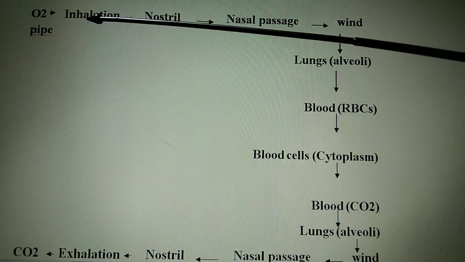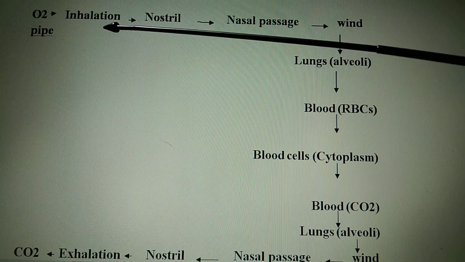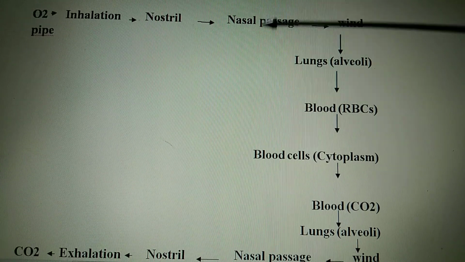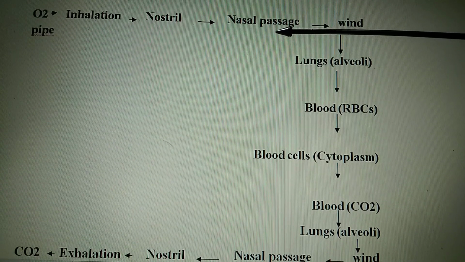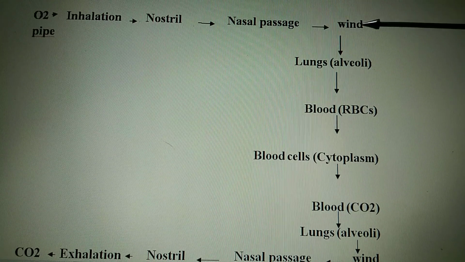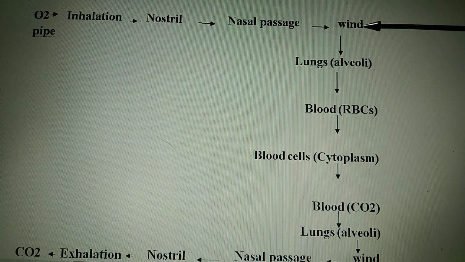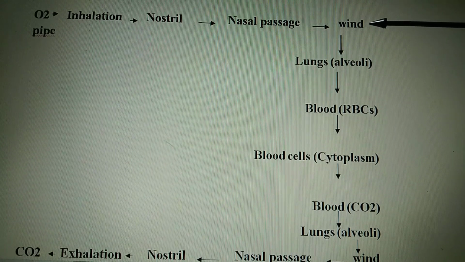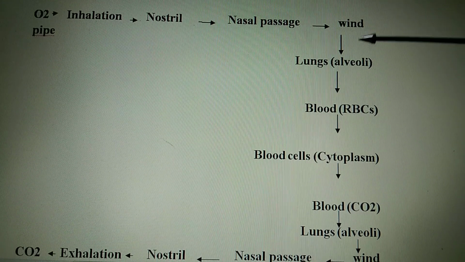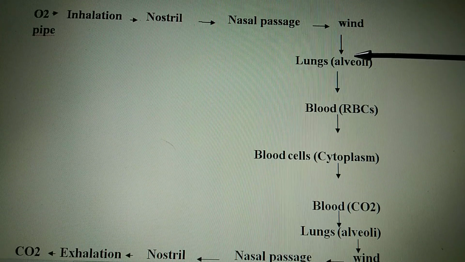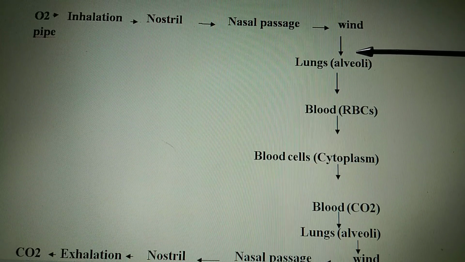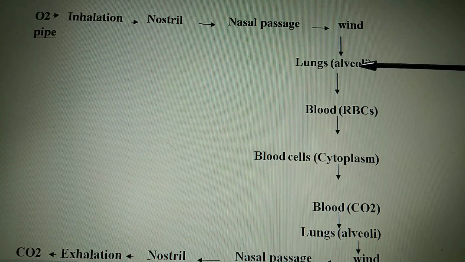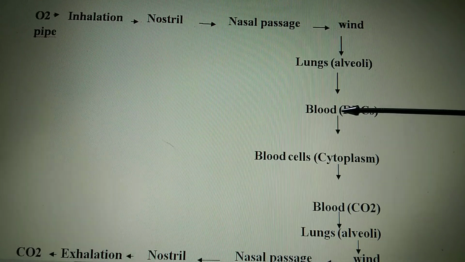So, oxygen is inhaled with the help of the nostril. Then the oxygen is passed on to the nasal passage, through which it enters into the windpipe. The windpipe is also known as the trachea. From the windpipe, it enters into the lungs, the alveoli sacs, where it is entrapped